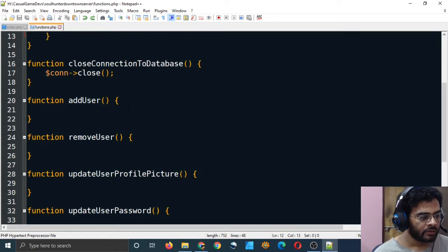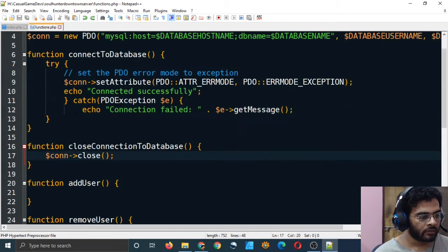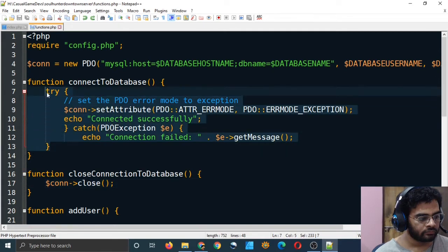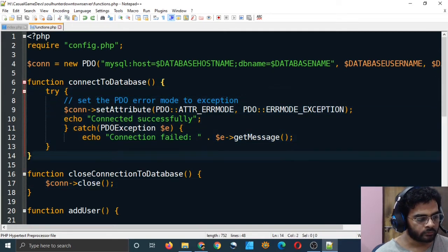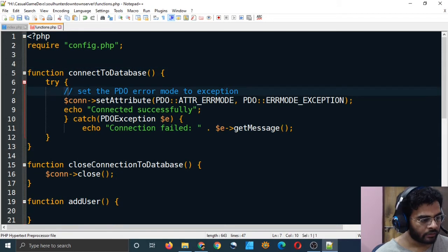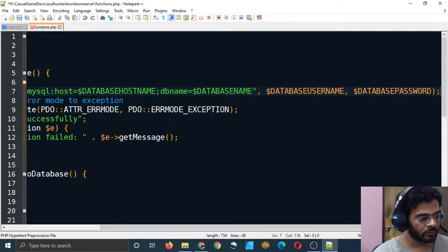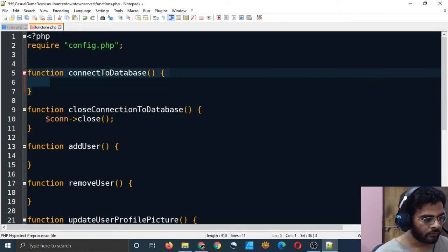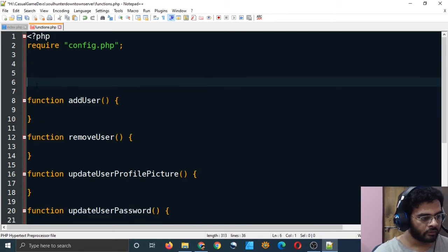Okay. Closing the database, connecting to the database. It's actually connecting in this line itself. It's okay. I am still thinking that we should just connect it every time in every function and close it in every function. Otherwise, it will be too complicated and it won't work. Let's just do it that way.